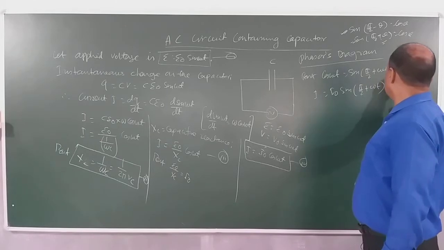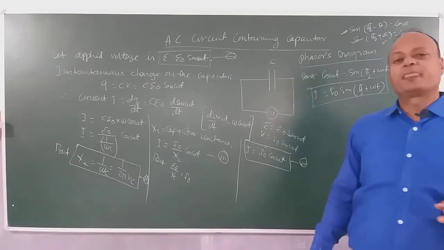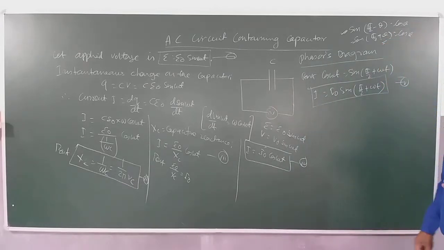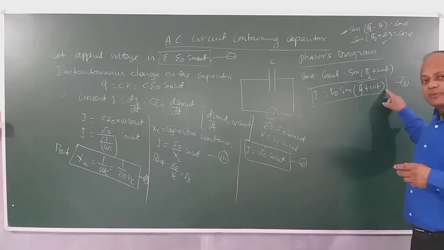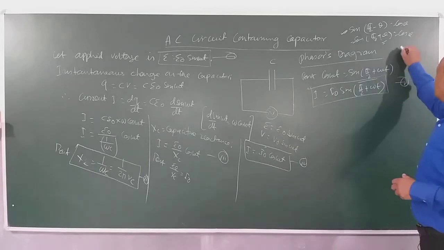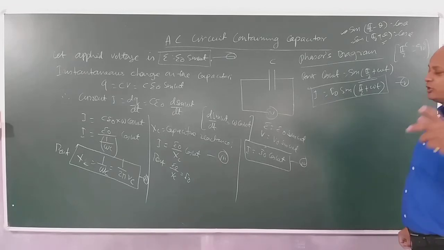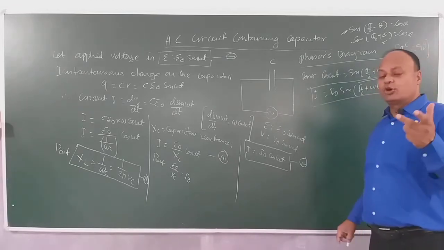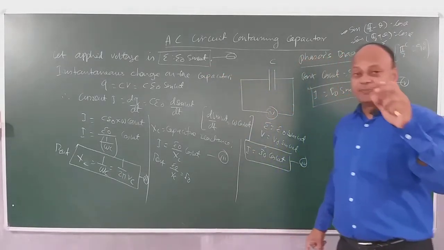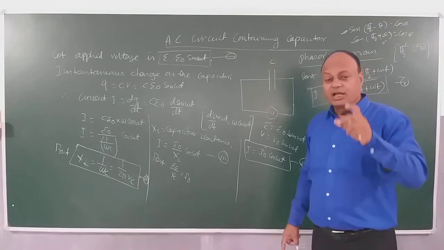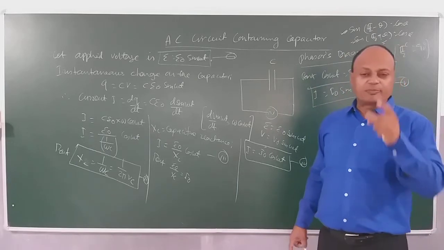So children, finally this fifth equation is a very instrumental one and it gives us the exact phase relationship between the applied voltage and current. Clearly we can see that the phase of current is pi by 2 plus omega t. In case you are not a mathematics student, you should know that pi by 2 radian is the same as 90 degree. So we conclude that current is having 90 degree phase more than the applied voltage, which is omega t. Therefore we say that in a purely capacitive circuit, current will be leading the applied voltage by 90 degree or pi by 2 radian.